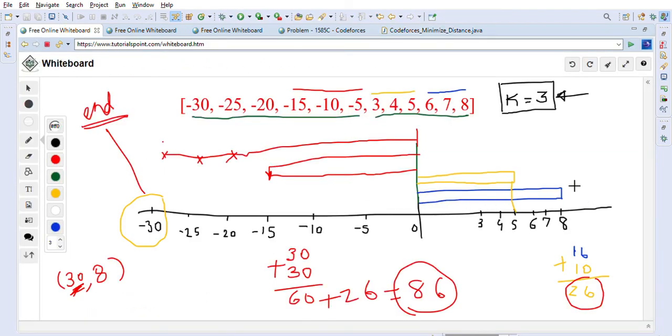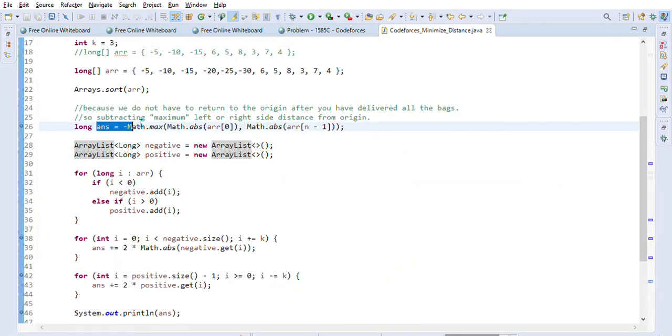You are going to 8, coming back from 8. You are going to 5, you are coming back from 5. So at the end we are saying that you are going to 30 and you are coming back from 30 to 0. So we have added 30 distance, which is additional, so we want to subtract that distance basically, right? So that's what we are doing here.